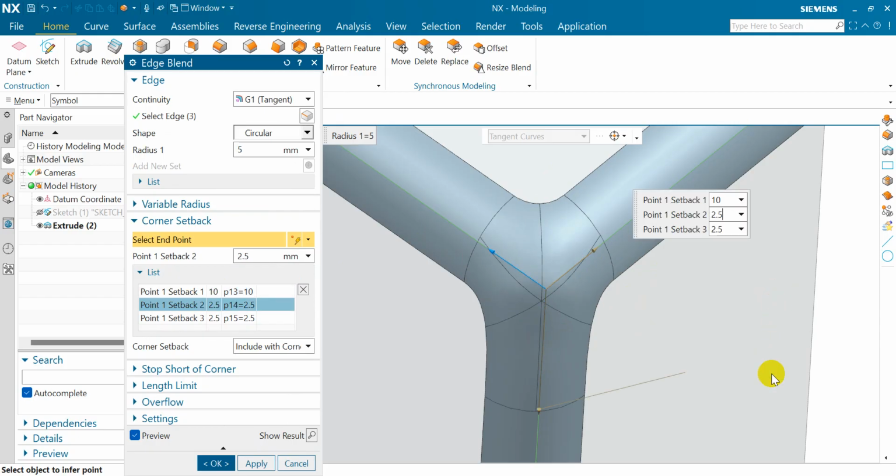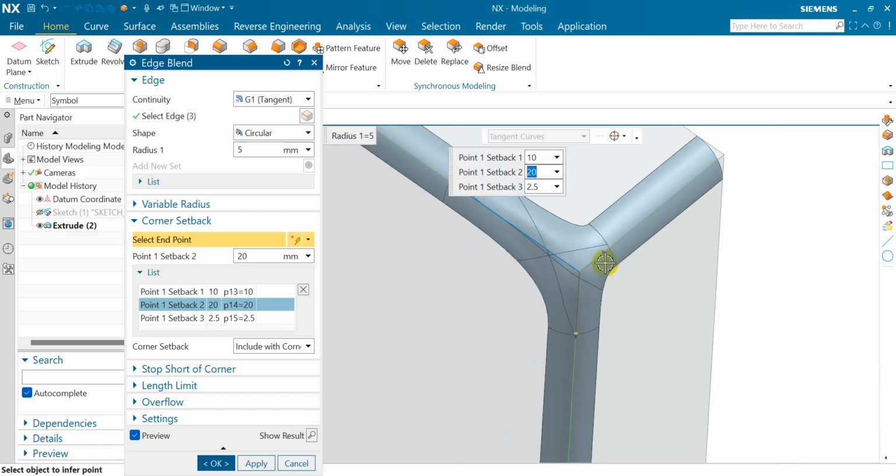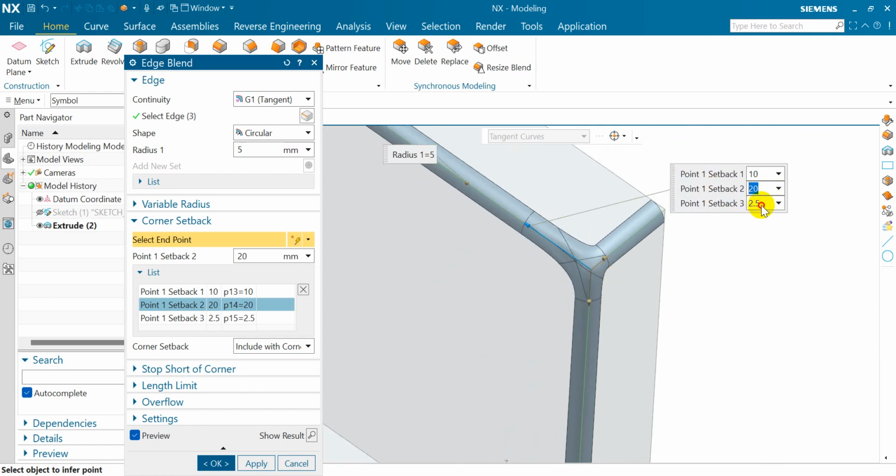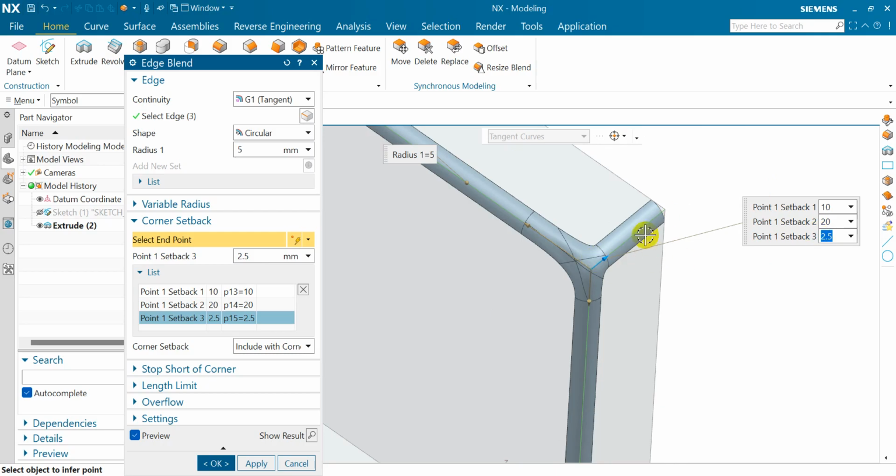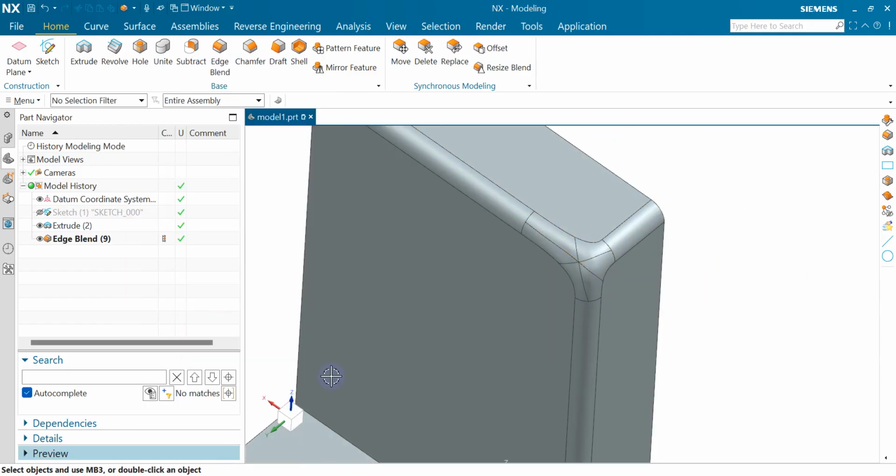Now I click on this point, then this direction is this direction because its color is this. Suppose I fill 20. Now this is the third direction, fill the value, suppose 5, this direction is 5, then click on OK.